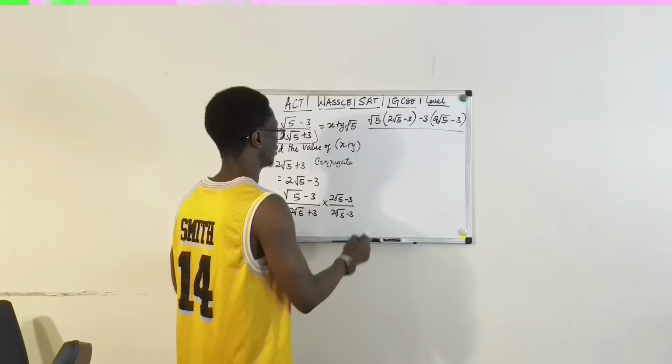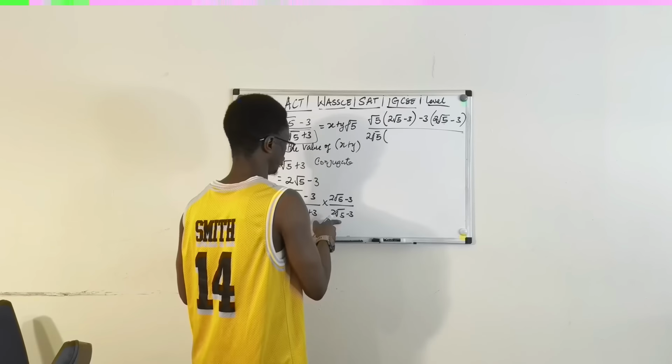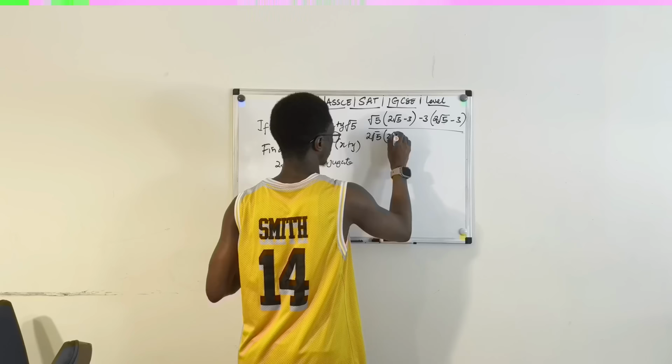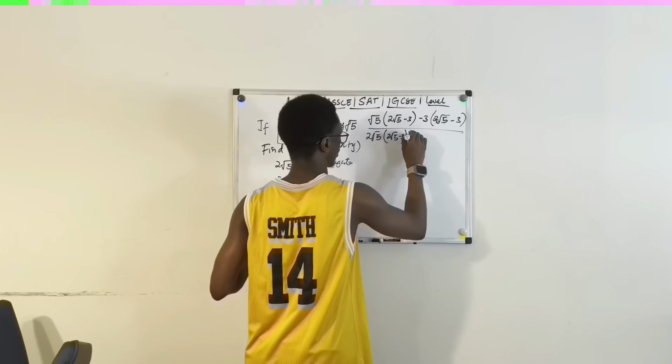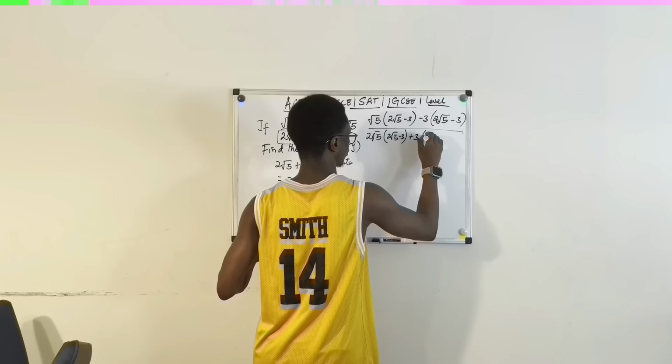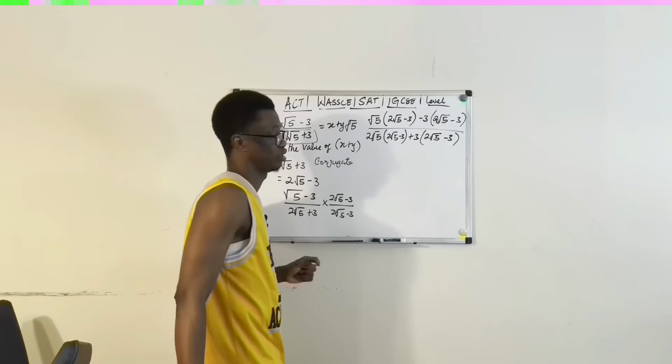This again the same thing. You take 2 root 5, you open bracket, you put this one, 2 root 5 minus 3, you close bracket, then plus 3 into 2 root 5 minus 3. So now let's just